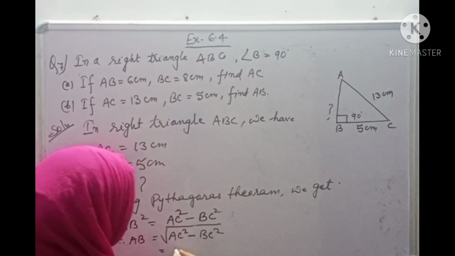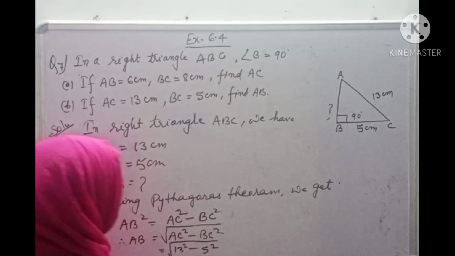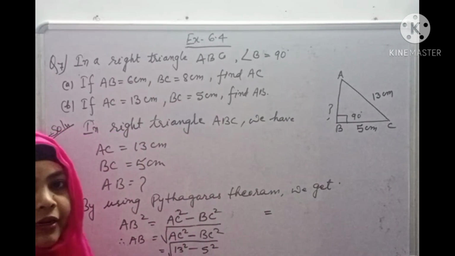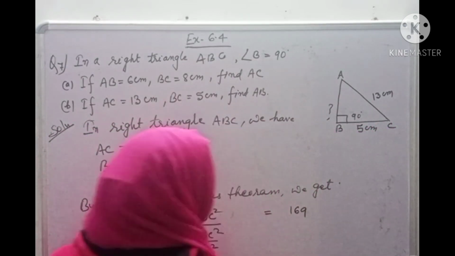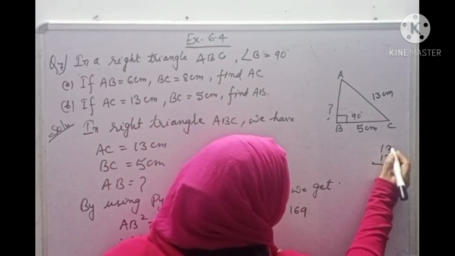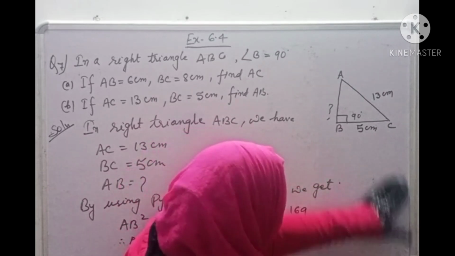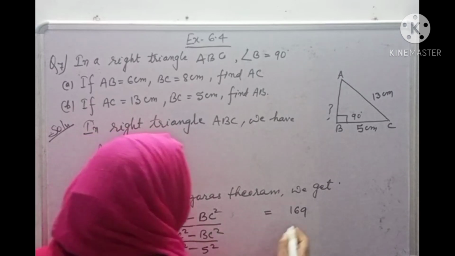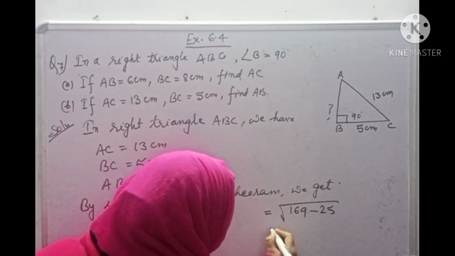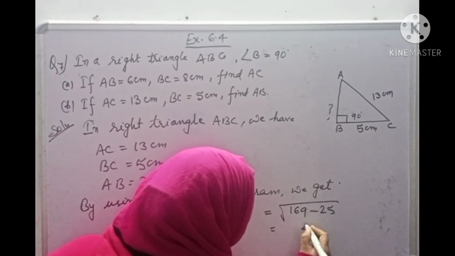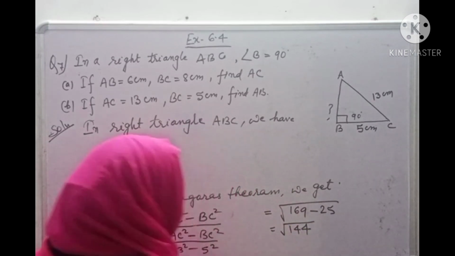AC what is AC? 13 का square minus 5 का square, root over. Okay. Once again, square root of 13 square is 169. आप नोट डाउन करेंगे, आप इसे मल्टीप्लाई कर दो. You can do here 13 3 is 39, 31 is 30, 169. Okay. The square of 13 is 169. The square of 5 is 25. Now under root, 169 minus 25: 9 minus 5 is 4, 6 minus 2 is 4, and 1. Okay. We have got here 144.